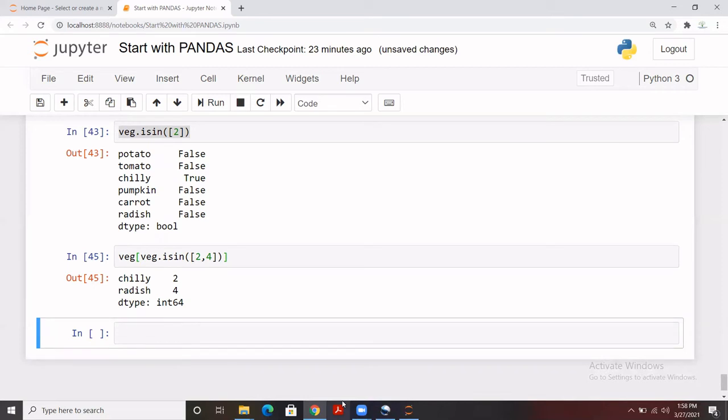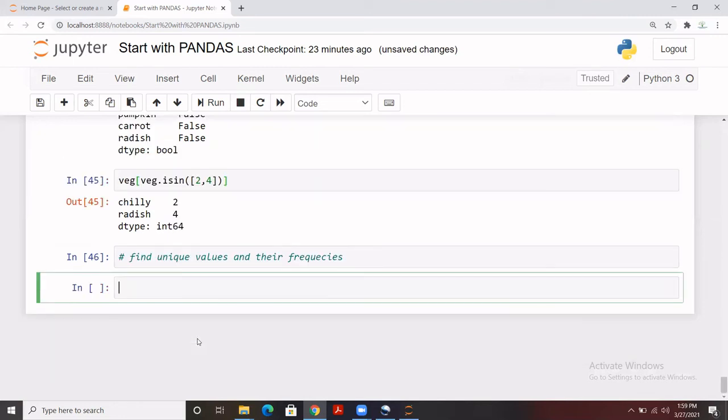Now, there are a few options I'm going to cover. For example, find unique values and their occurrences, or you can say frequencies, right? So let me create a series something like this. Series, let's say new.